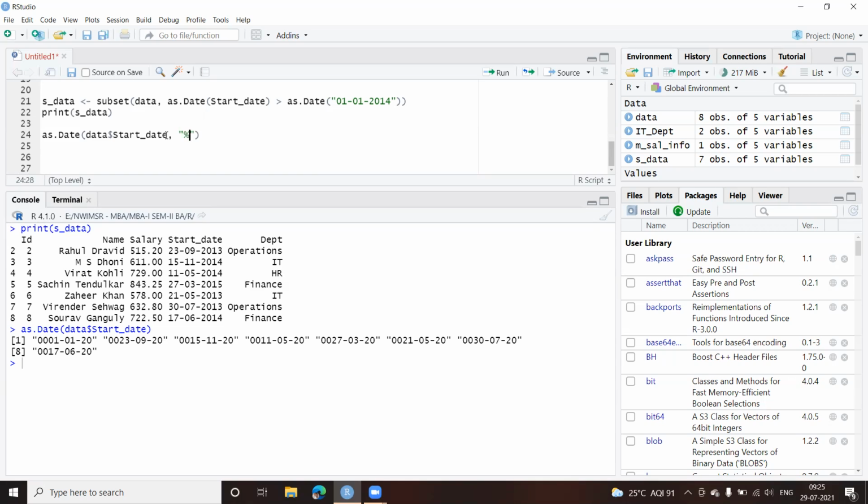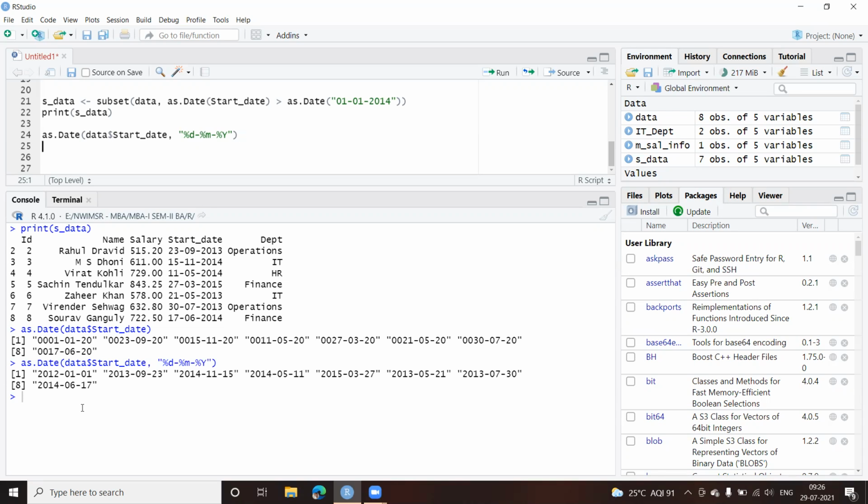Now it is stored in which format? It is stored in DD, so I'll give D, a dash, then the month, and the year. Now, because it is 4 digits, I have to give capital Y. Now let us run this one.